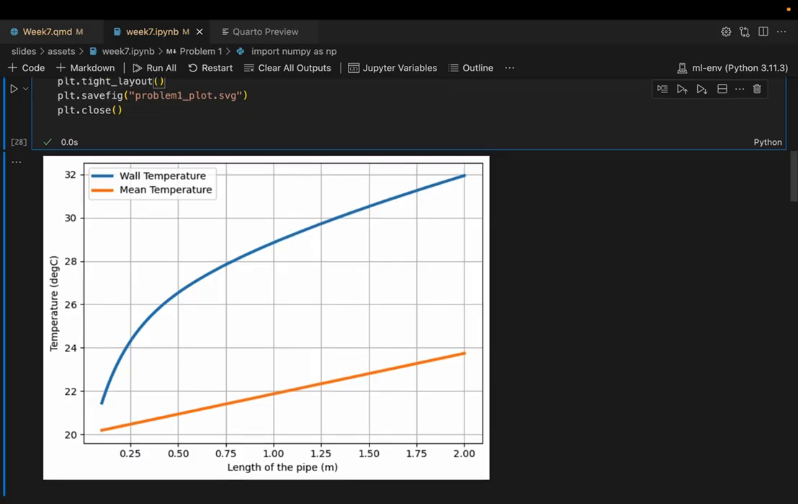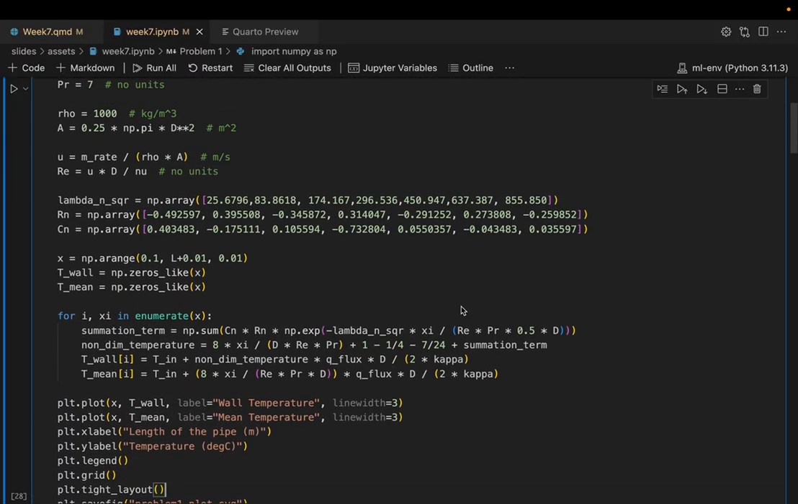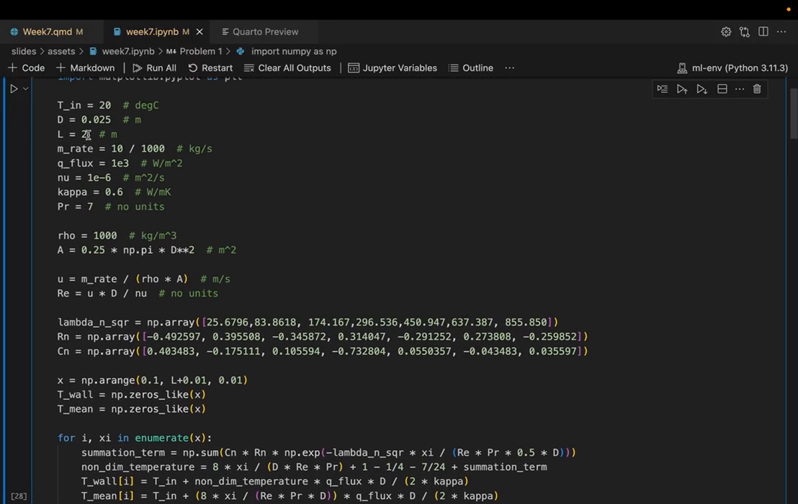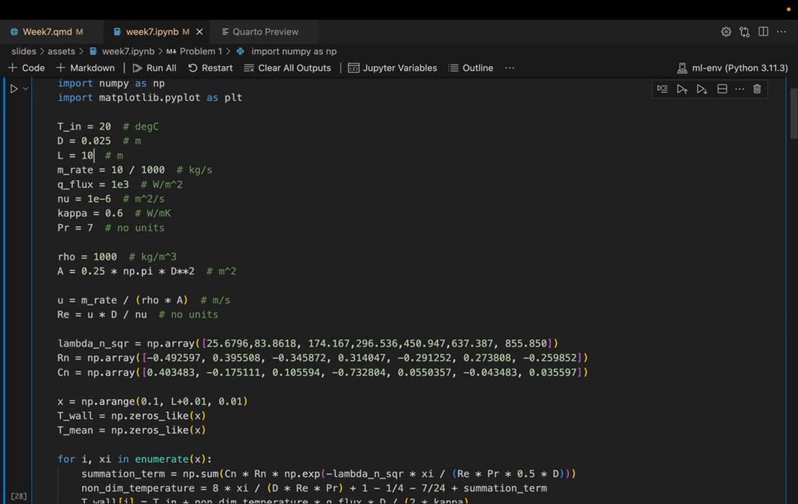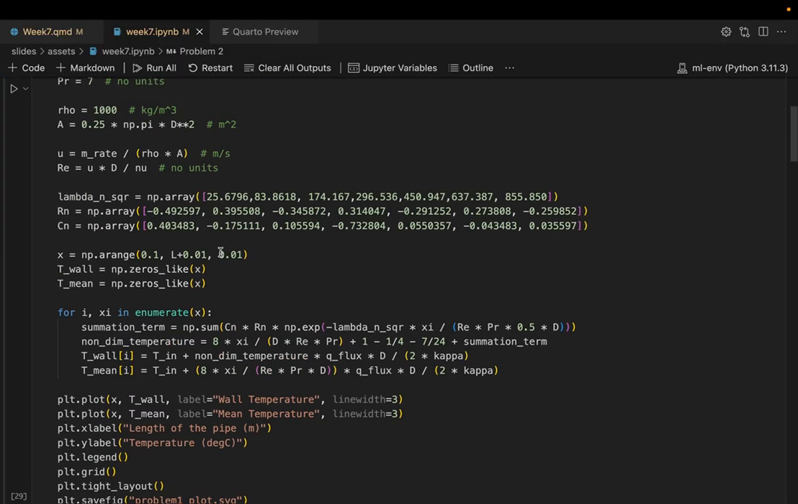So this is the plot I am getting. If I plot the wall temperature and the mean temperature, you can see that initially the difference between them keeps on increasing, and beyond a point, the difference between mean and wall temperature here and here becomes constant. If the length of the pipe was even higher, so let's say instead of 2 meters it is 10 meters, what would happen is